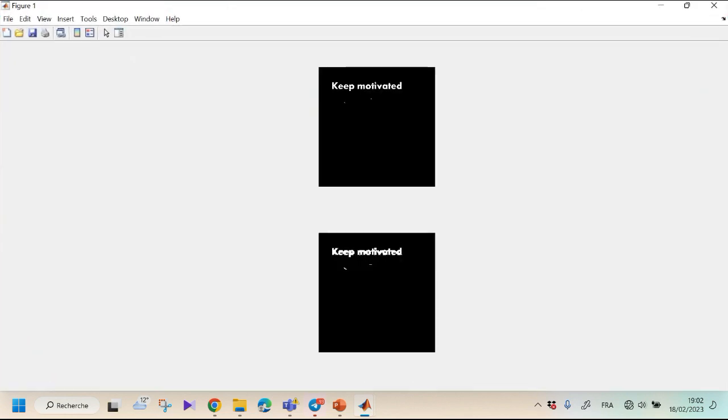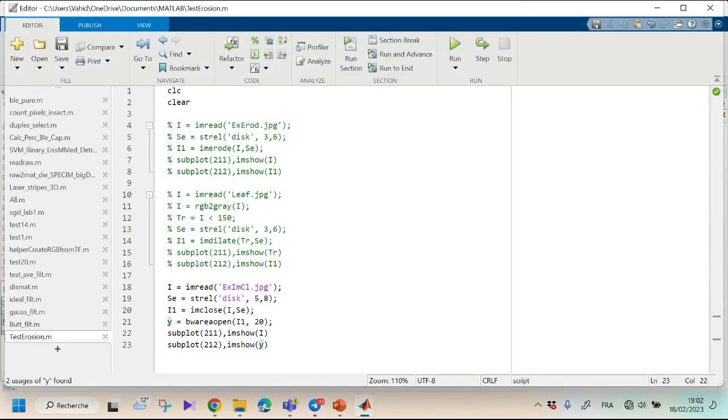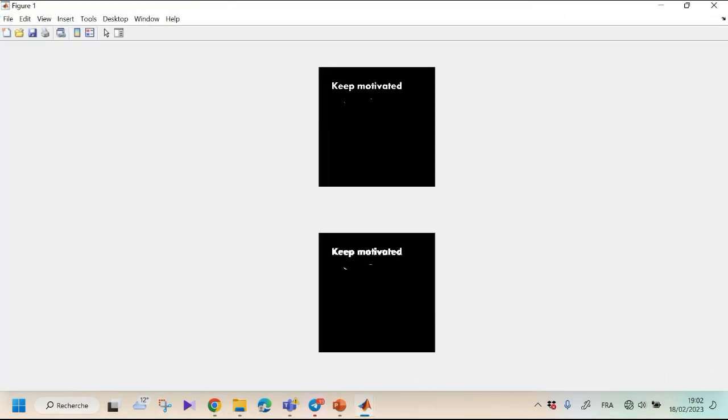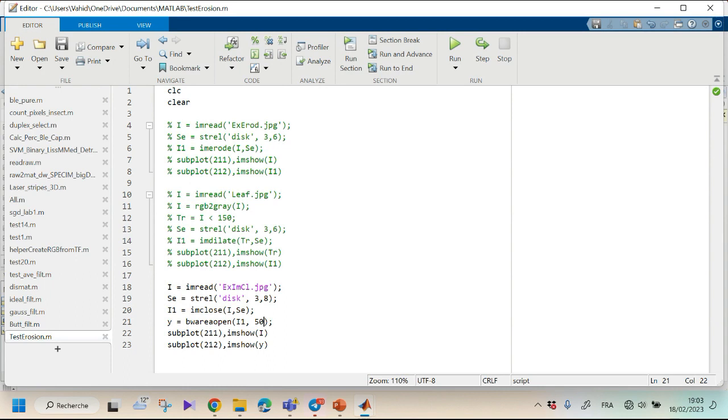Still they are there, and the result's not good. So I think I made this much bigger, so I reduced this to 8, and this one I can put it 50. Okay, so if I apply this, in fact on I,